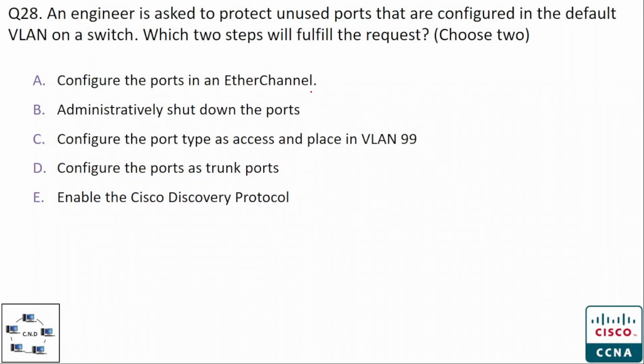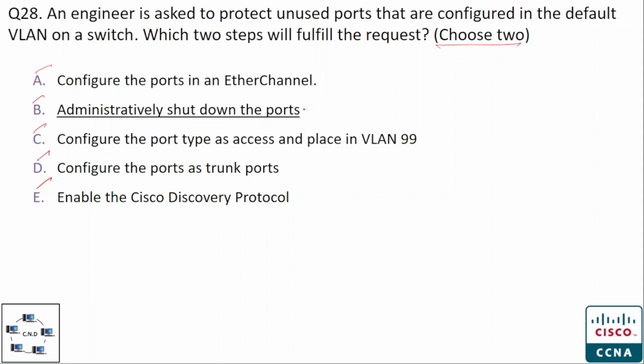Question number 28. An engineer is asked to protect unused ports that are configured in the default VLAN on a switch. Which two steps will fulfill the request? Choose two options. And the options are: option A, configure the port in an EtherChannel. Option B, administratively shut down the port. Option C, configure the port type as access and place in VLAN 99. Option D, configure the port as trunk ports. And option E, enable the Cisco Discovery Protocol. And the correct option is